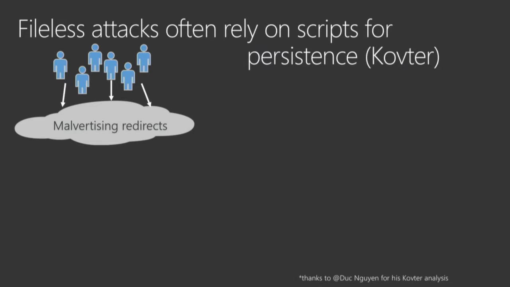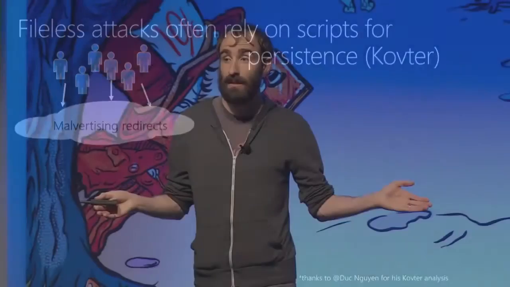It's also used a lot with fileless attacks. Here's an example of how Kotver was carrying out their campaign. At this time, Kotver was using malicious advertisements. The attackers placed malicious advertisements with a legitimate advertising agency, and these advertisements were then hosted on many legitimate websites around the web. If users visited one of these websites and happened to be served one of the bad advertisements, they'd be